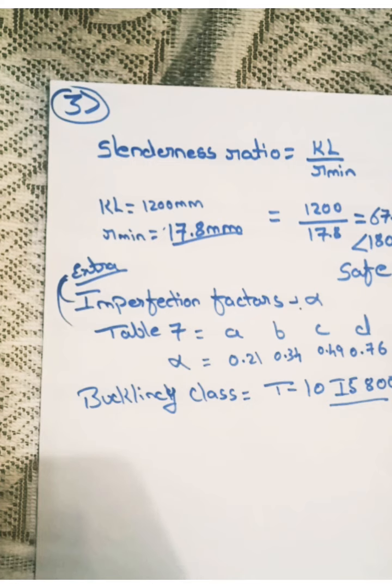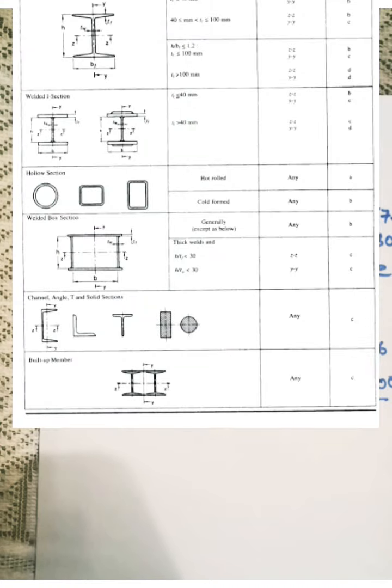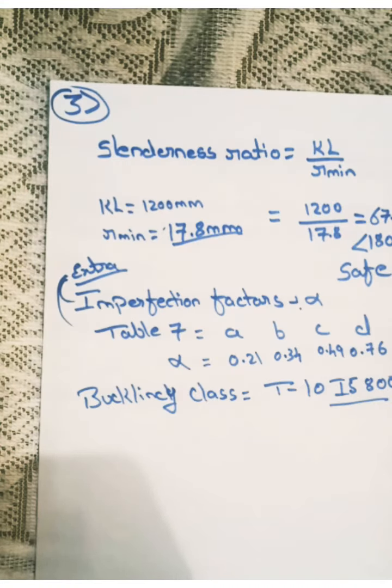For double angles, the table which we need to refer is Table number 9C, for angles and for built up sections. Here you can see in built up sections, along any axis, it is C. So for built up sections and for channels, it is C. For I sections, we need to check along both the x-axis and the y-y axis and find the value of fcd along both. First along the x-axis taking buckling class as A, along the y-y axis taking buckling class as B, only for I sections. For angles, it is C.